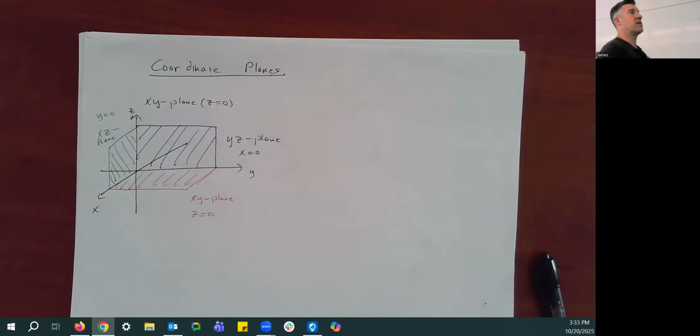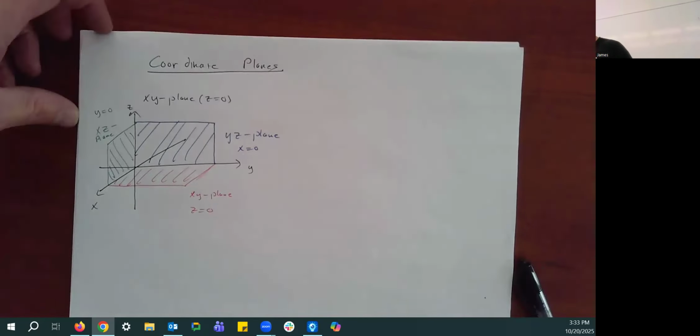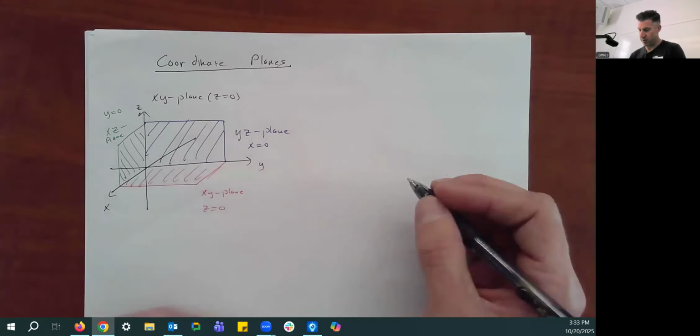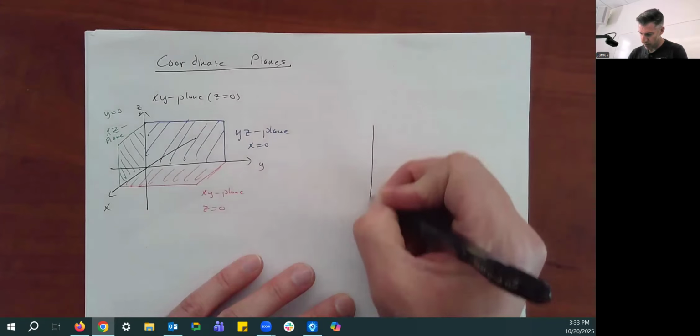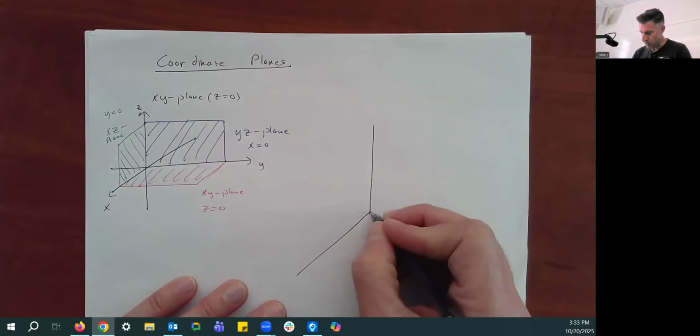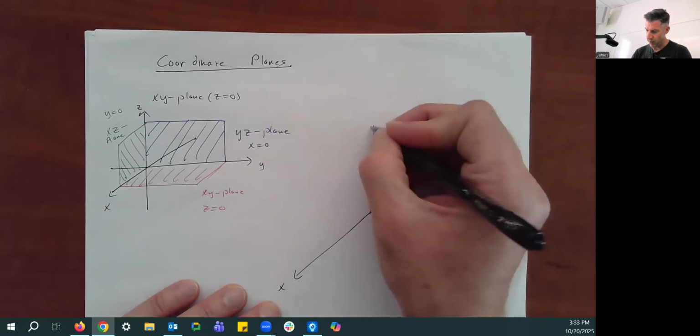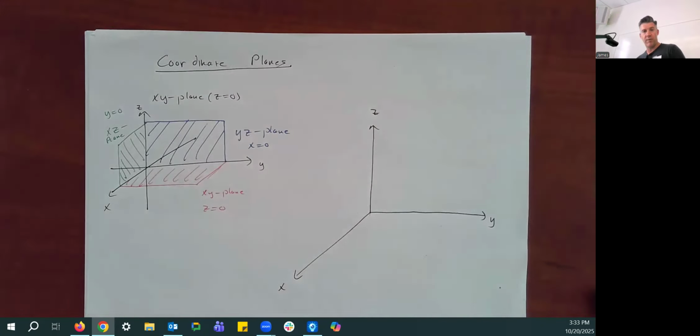There are lots of planes we can talk about. Some of them are easier to describe, some of them are harder to describe. For example, if I go back to that picture I'd drawn before, I feel like this is not great here. Let me draw this next part a little bit better. So I'm just drawing the positive parts of the axes for a second, because sometimes that's a nicer way to draw things. So if I look back at that point,